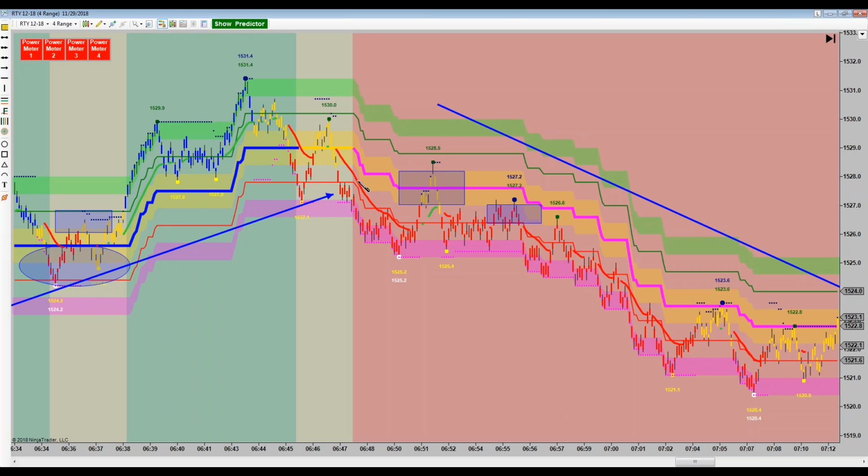So in the case of shorties, when the market is heading down, we have the notion of thrust in the down direction. Generally speaking, the background will turn red. You'll notice that all the bands in the mid-band stair-step down. See them starting to stair-step down like such. And then